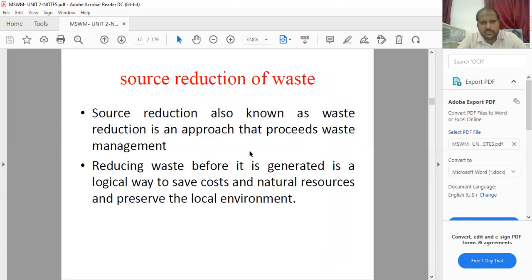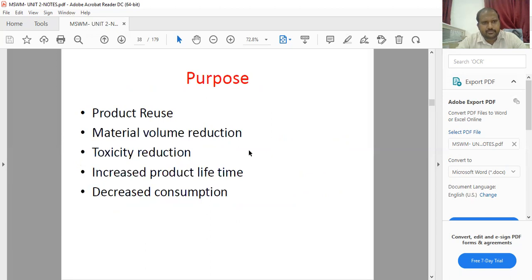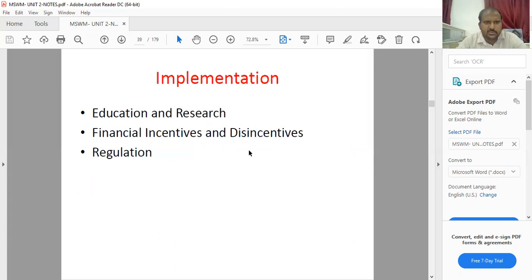Source reduction, also known as waste reduction, is an approach pursued in waste management. The next point is reducing waste before it is generated, which is a logical way to save cost and natural resources and preserve the local environment. The next one is purpose: product reuse, material volume reduction, toxicity reduction, increased product lifetime, and decreased consumption. In the implementation, the first one is education and research, financial incentives, and